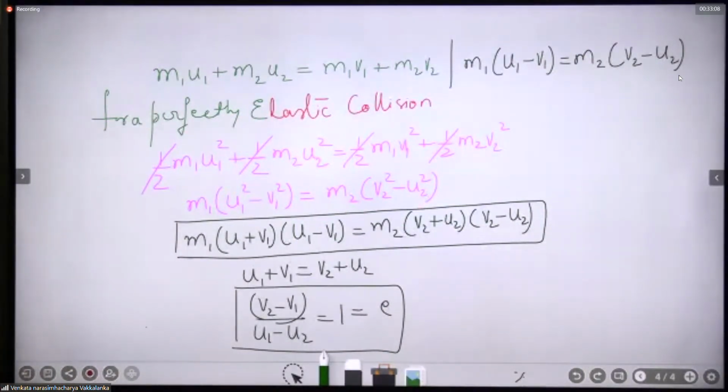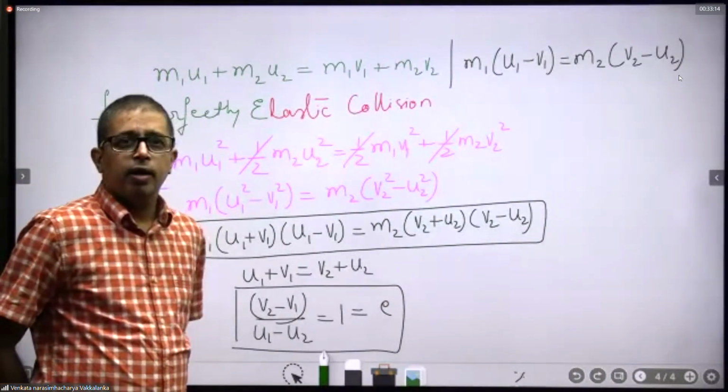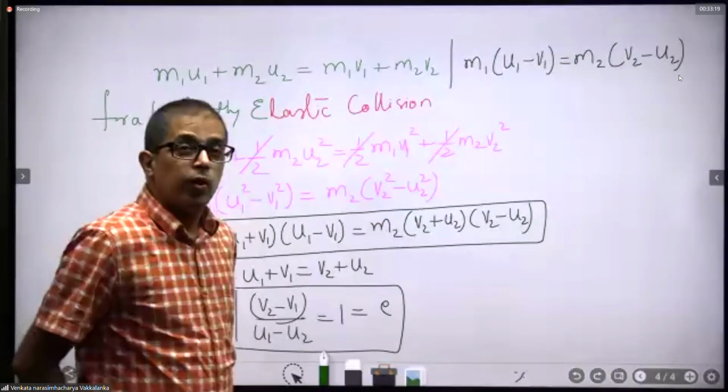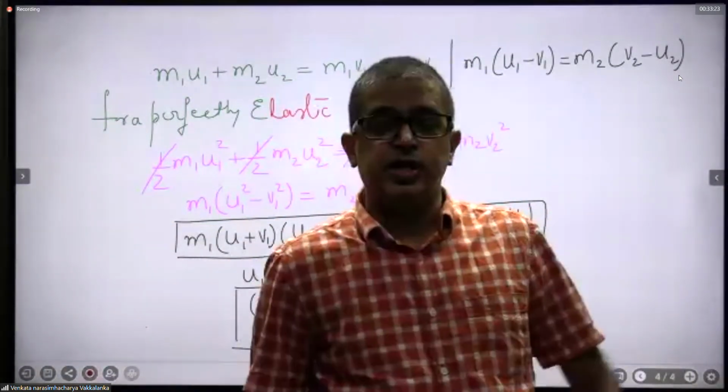So this coefficient of restitution is defined for the entire system, right? Yes. So your next doubt will be when you define the impulse of deformation upon impulse of reformation, only M2